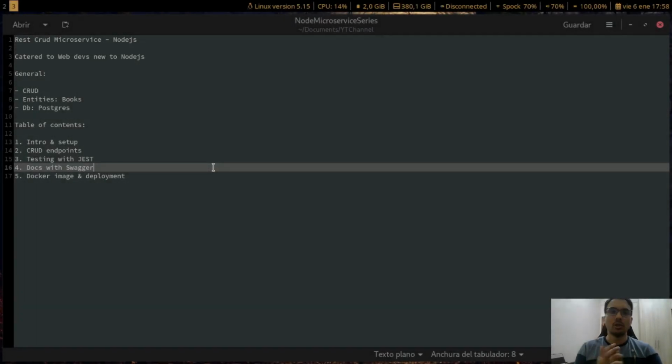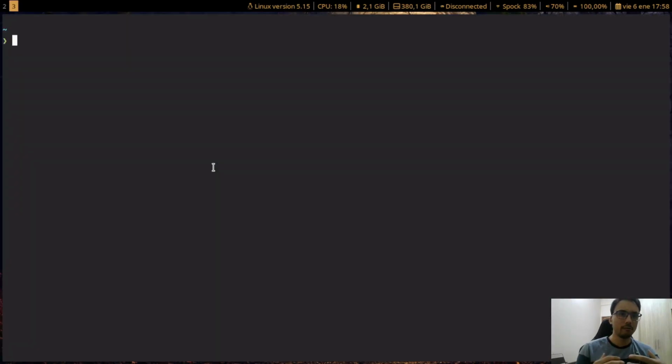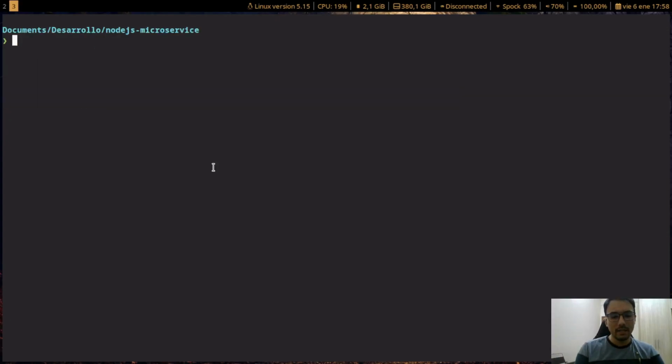So I'm going to close this window and I'm going to create a folder for my project. So I'm going to go to my projects folder, and inside I'm going to create a folder called Node.js Microservice. And I'm going to go inside of this folder, and here I'm going to use the npm package manager for Node.js. So I'm going to do npm